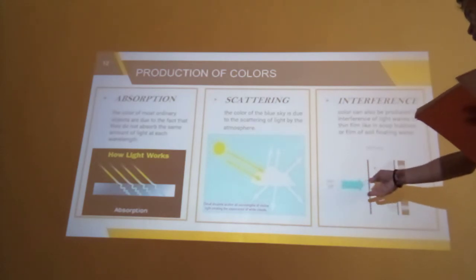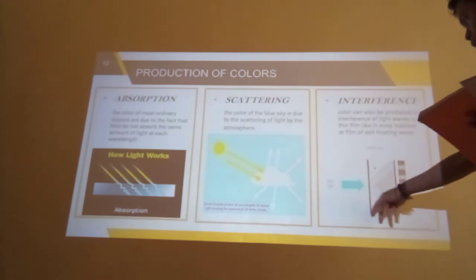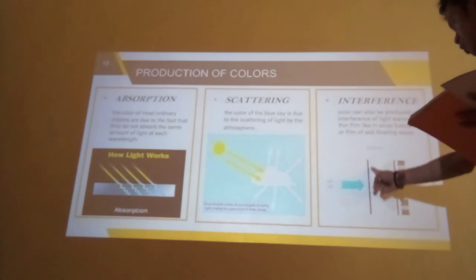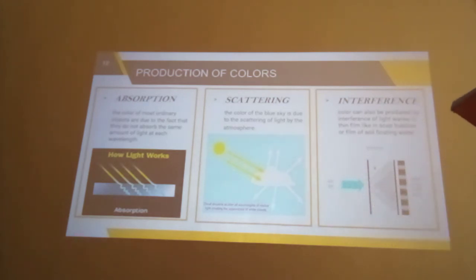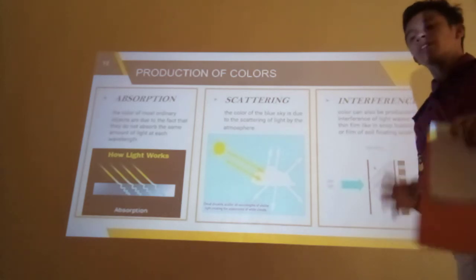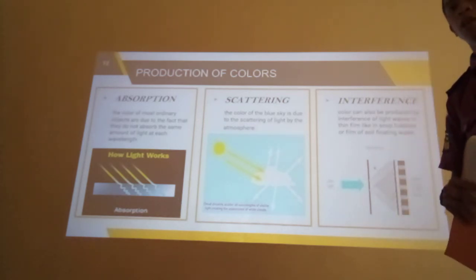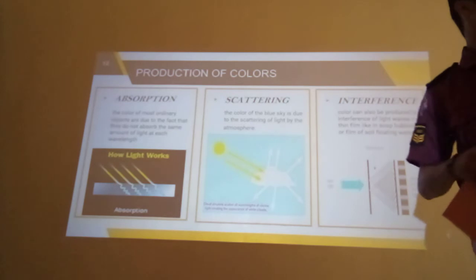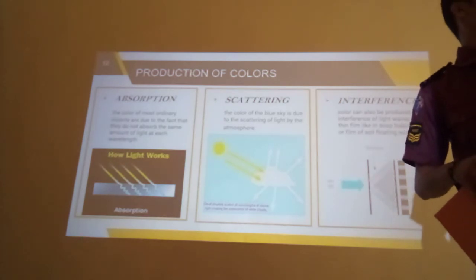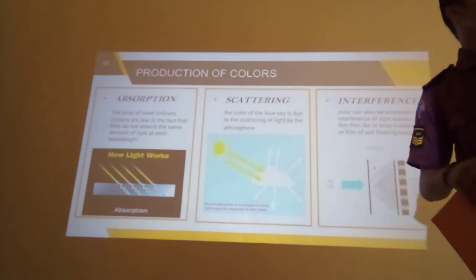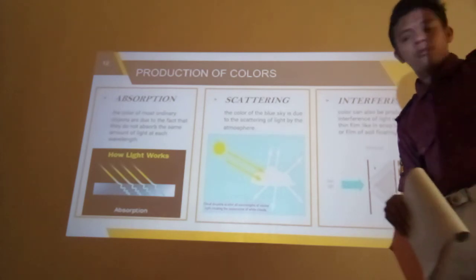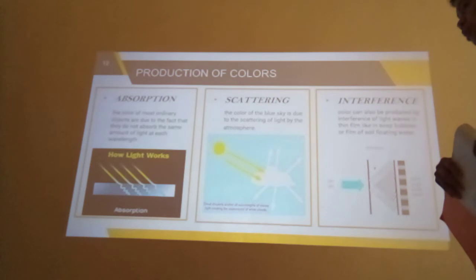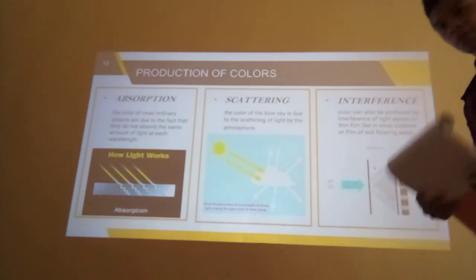So this is the light of the sun. So this is the interference. For example, the heat of the sun, if it will reflect to, for example, in the